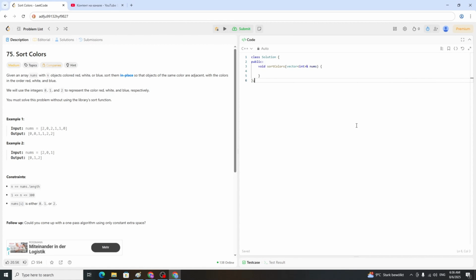Hello guys, in today's video I want to show you how to implement insertion sort, and I will also explain it. We will implement it in Python 3 and use the Sort Colors problem on LeetCode in order to test it. So